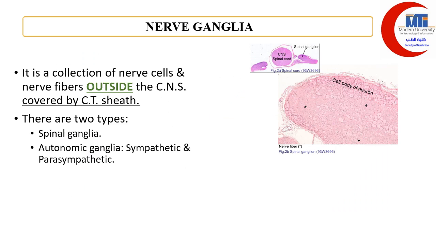Nerve ganglia. What is a nerve ganglion? A collection of nerve cells and nerve fibers outside the central nervous system. Outside. Not with me. This is the spinal cord. It is present outside, like what is called the spinal ganglia. Spinal ganglia. So what is the